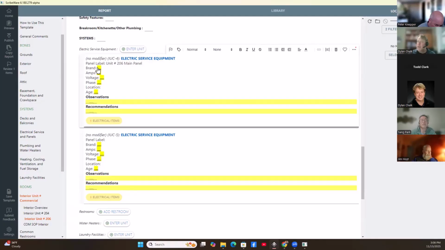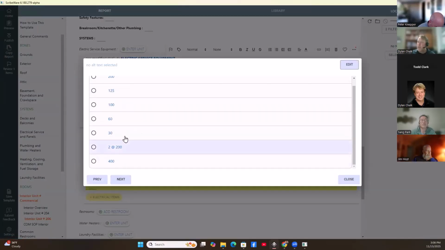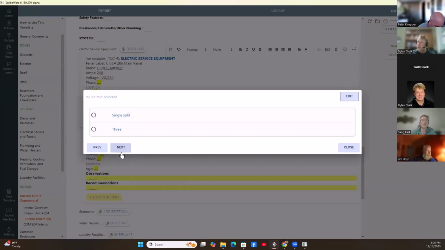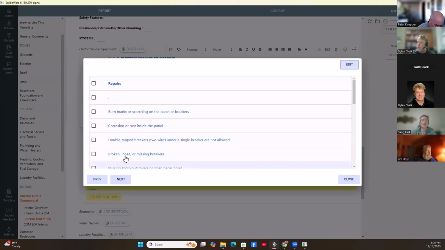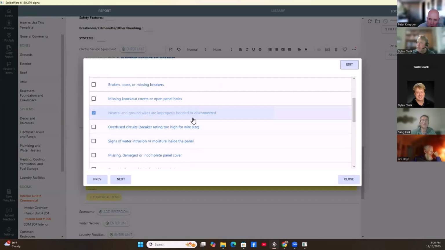And then I could double click on these. These are all text replacement I built. So maybe it's a Cutler Hammer. It's 200 amps, 120/240, single split, and it's an older panel. And then I've got comments here: corrosion noted inside the panel, double tap breakers, and neutral ground wires not